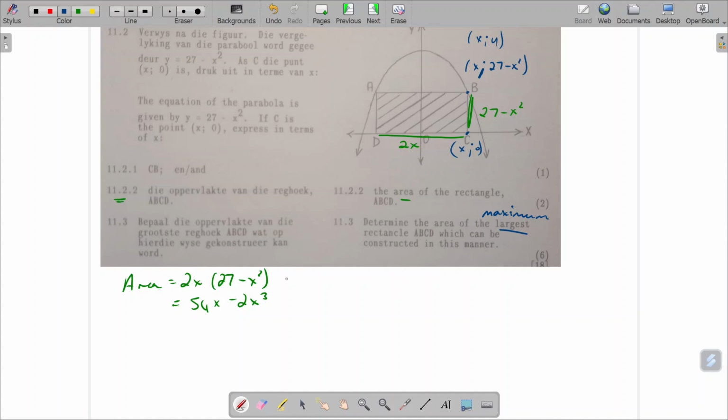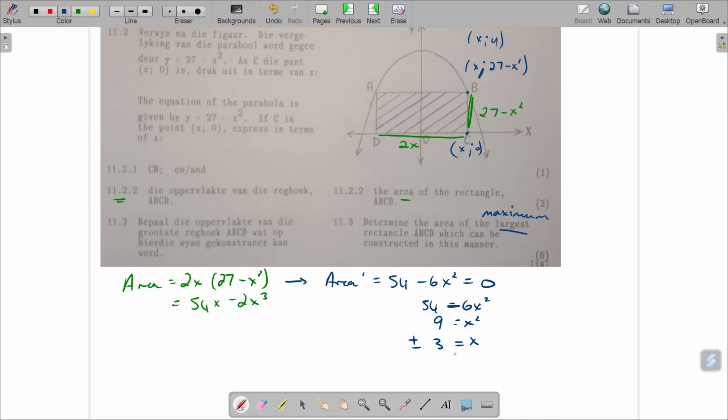What we're going to do is take the first derivative of this area, which would be 54 minus 6x squared, and say that this must equal naught. We can solve it by saying that therefore 54 equals 6x squared, 9 equals x squared,